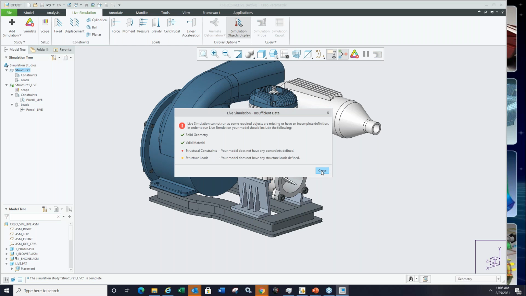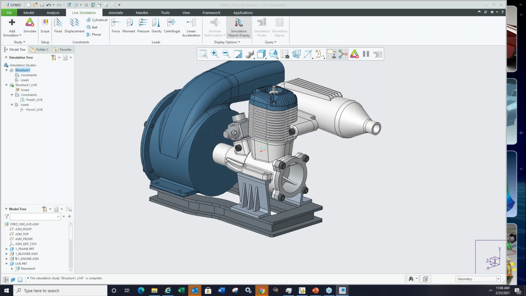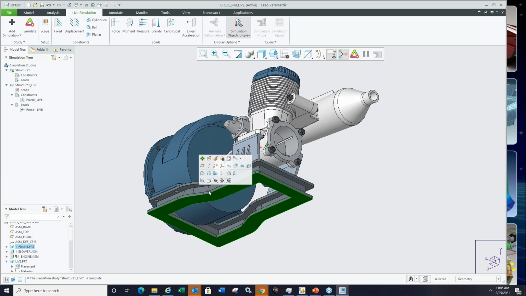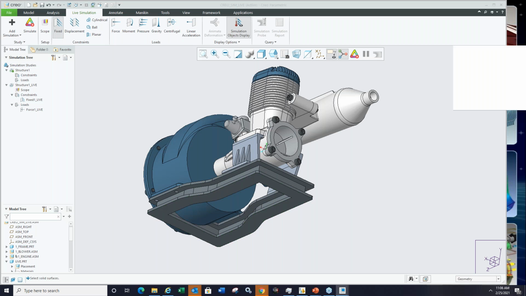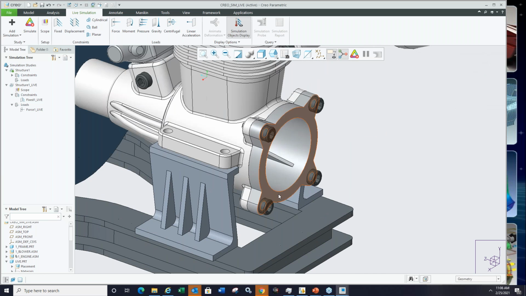A new study in here, but it tells me that you're not able to view any results because you don't have constraints and loads, right? So it's checking it for you. So I'm going to set this guy as our fixed constraint. And maybe all the parts have materials assigned, and maybe I want to assign a specific load or a force